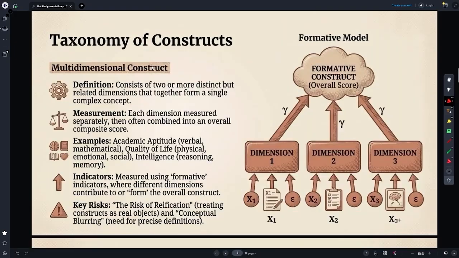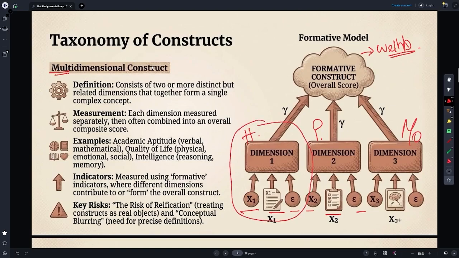Now, this is the next type of construct, which is the multidimensional construct. Let's understand this with the help of this particular diagram. Suppose this is mental well-being, and this is happiness. This is, suppose, productivity, and this is, suppose, monetary benefits. And these are the indicators or variables. Now look at the thing. First we had our reflective model as a unidimensional one. Now if I consider happiness only, this will be our unidimensional, and if we consider these 3 things